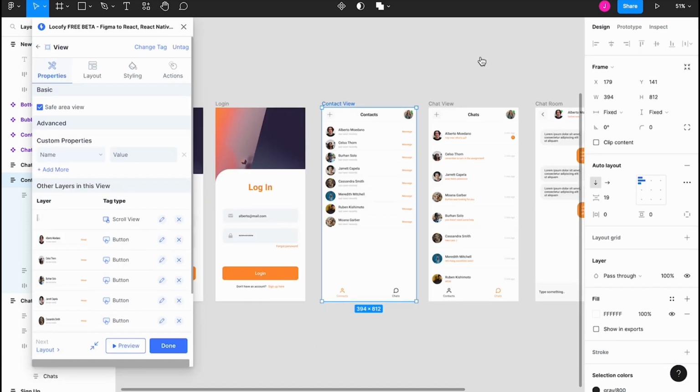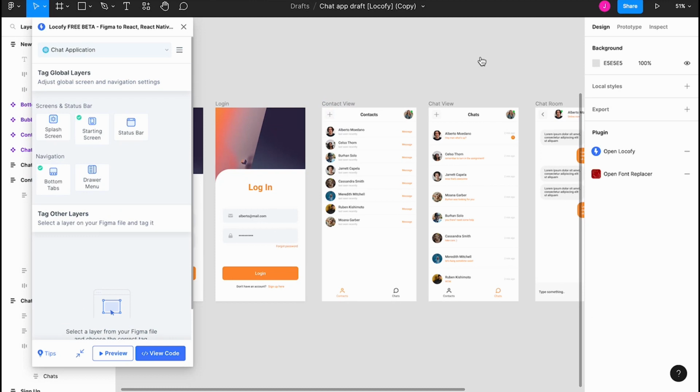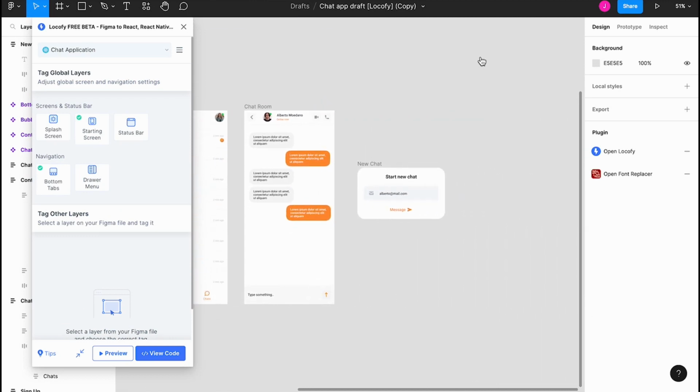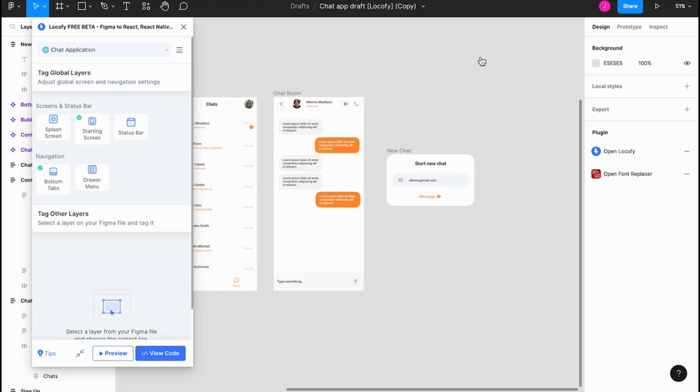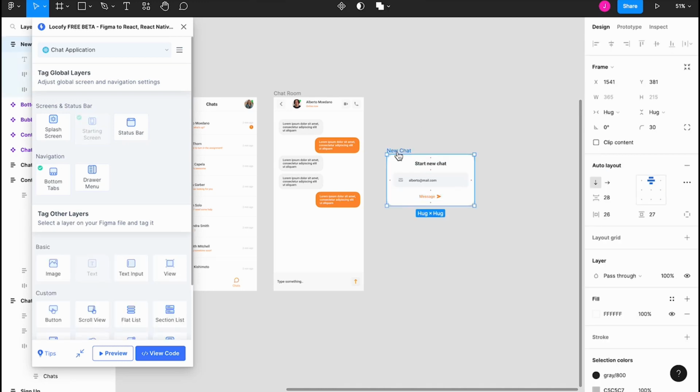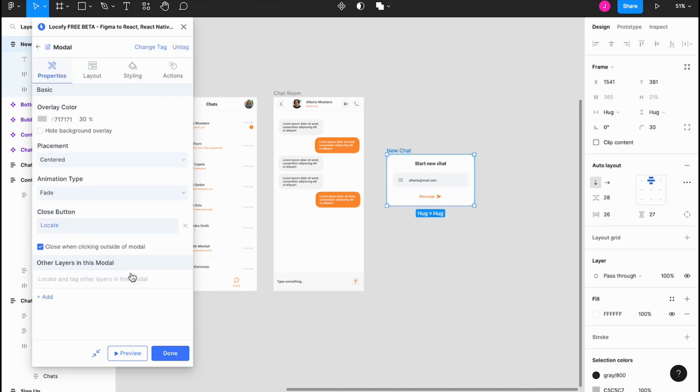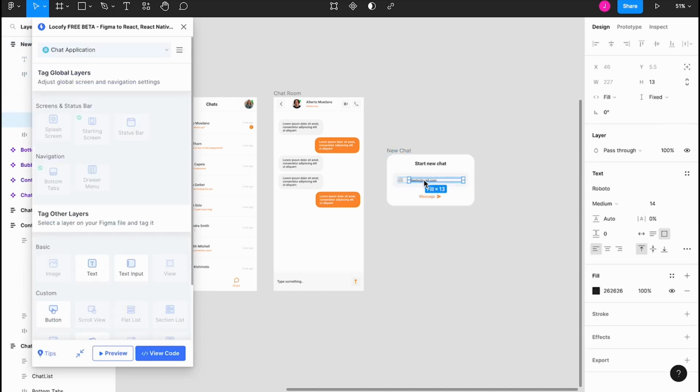Alright, so finally, let's tag one last element, and that would be the modal pop-up. Now select the modal, give it a tag of modal, and now let's tag the other layers which are inside the modal, right? For example, the input field and the message button needs to be tagged and made functional before we actually trigger the modal itself, right? So let's select the modal